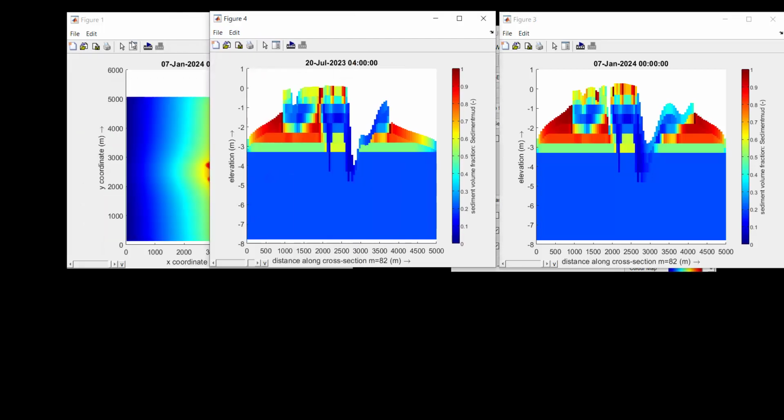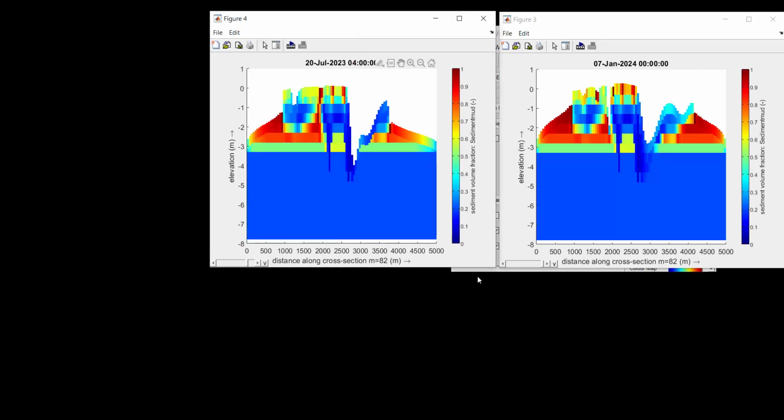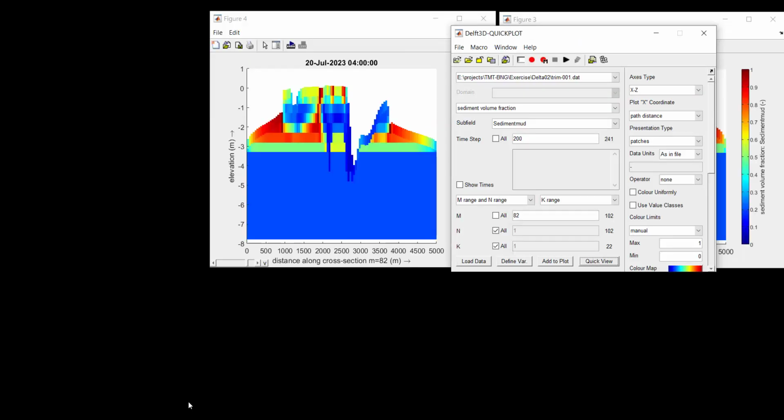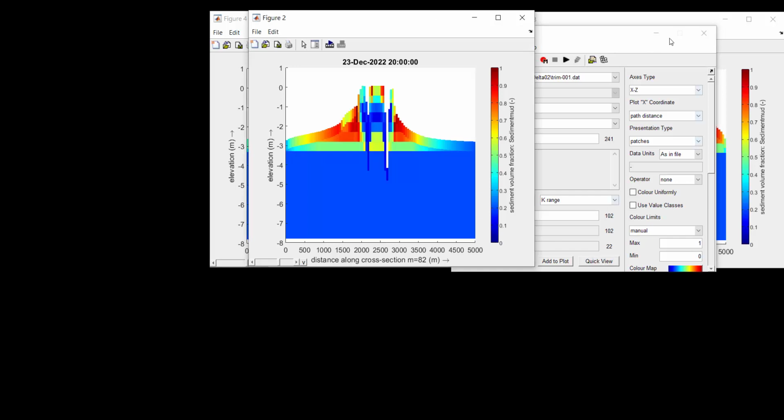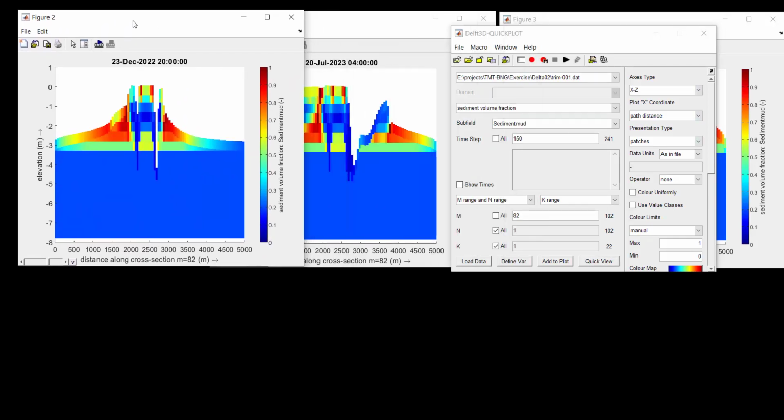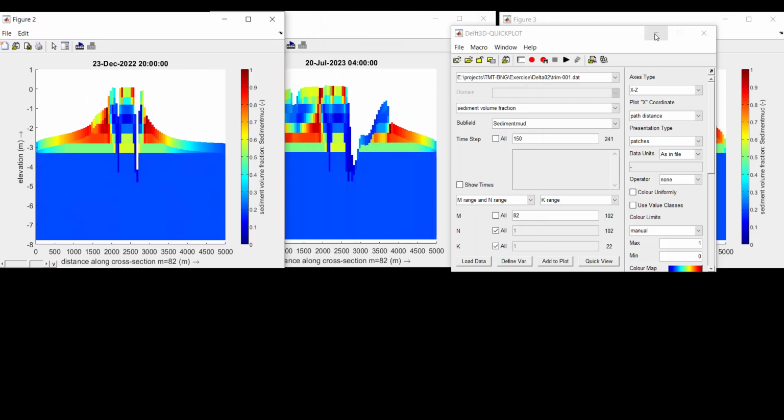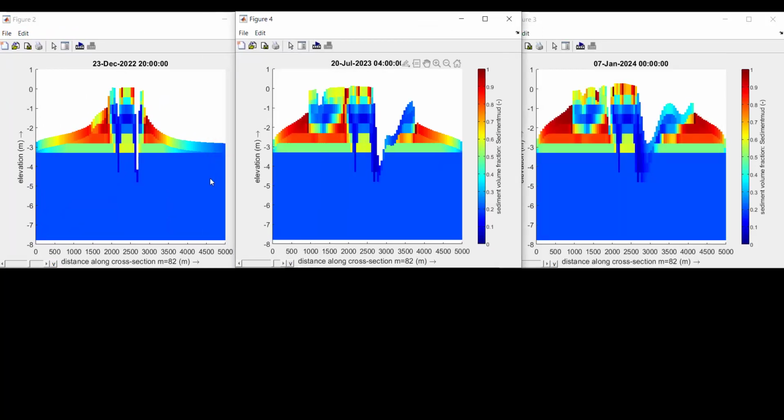This we don't need. This I will minimize and keep for later. And then I go back to my quick plot and say, okay, I also want to look at the time a bit before that, like 150. And we can see that here we can identify the initiation of this canal. So the canal was initiated here, starting digging into the mud, into the layers, transporting the mud outside the canal,